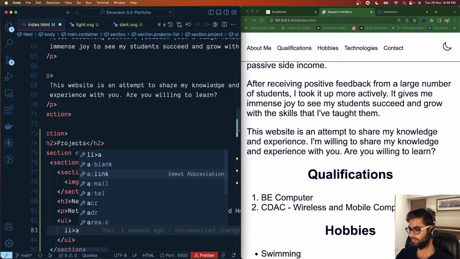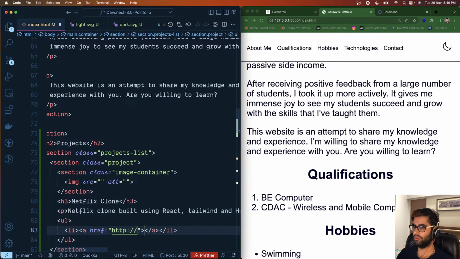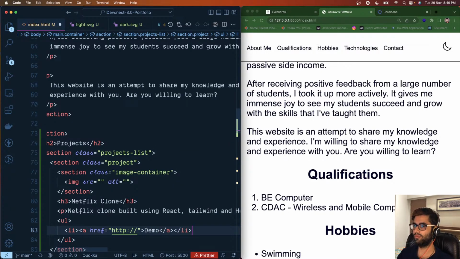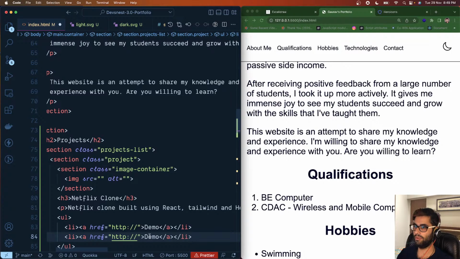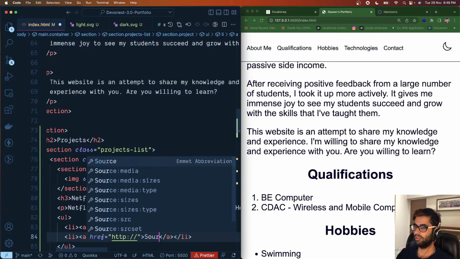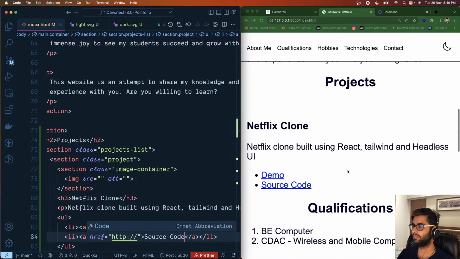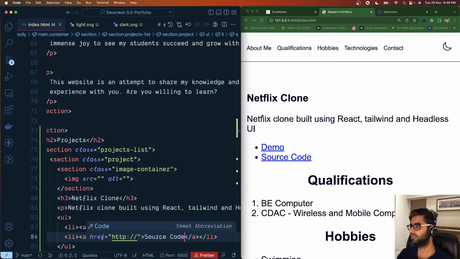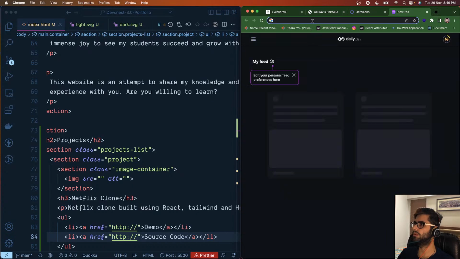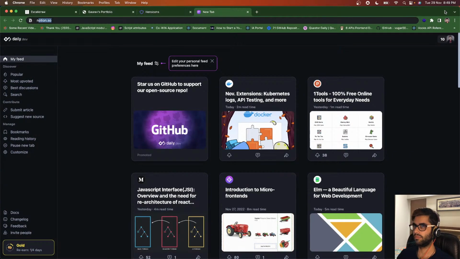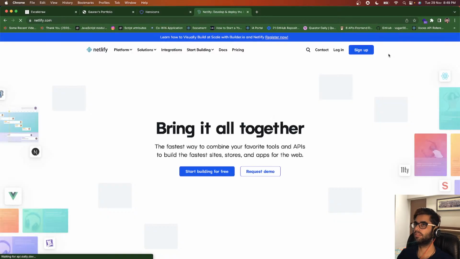So we'll be having a link for the demo of the thing and for the source code. Okay, so we have this structure ready for us. Let me go to Netlify,